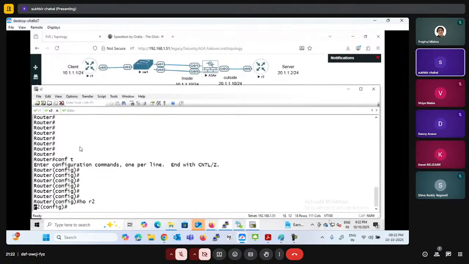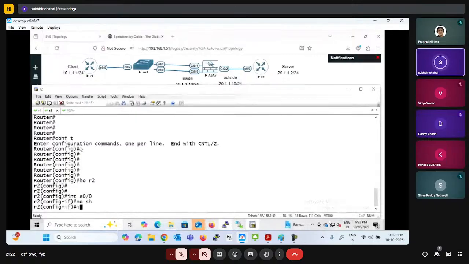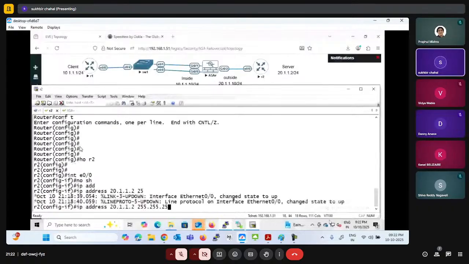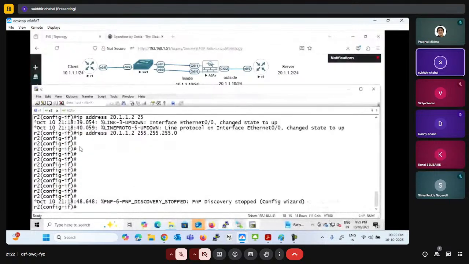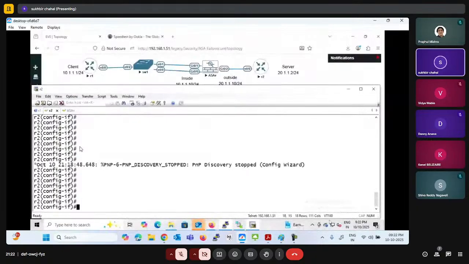Interface is e0/0. No shutdown. IP address 20.1.1.2. Okay. And now give the route so it can reach the